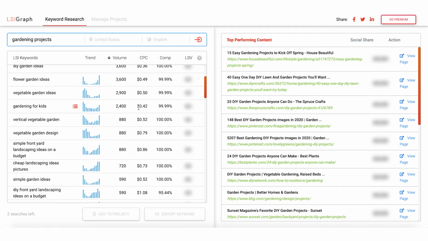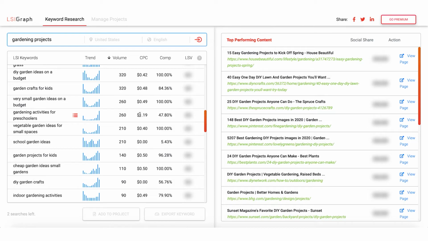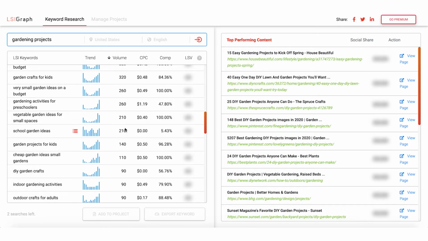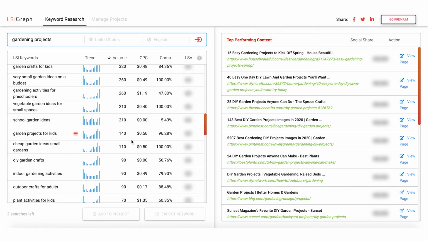So like I said before, what you might want to do is check against all the other free keyword research tools to see what their competitive scores say, just to make sure that it's not a potential false positive. But what I'm seeing here is that a keyword phrase like school garden ideas could be a potentially great piece of content to create since it gets 210 monthly searches and it has a really low competition score. I'm also seeing potential opportunities in DIY garden crafts. I know it's below the 100 minimum, but if it were coupled as a subheader in a broader post, it could potentially be something really good.